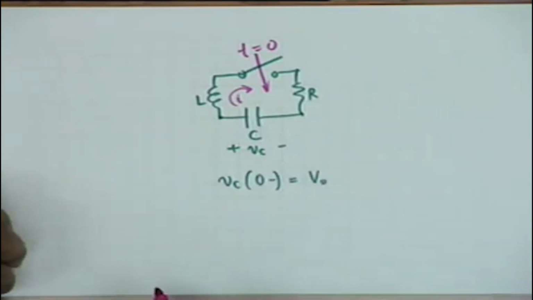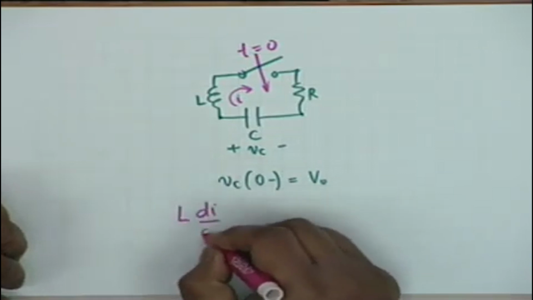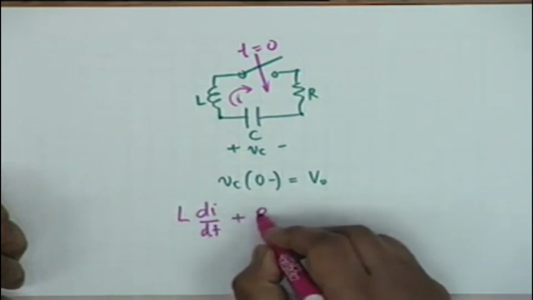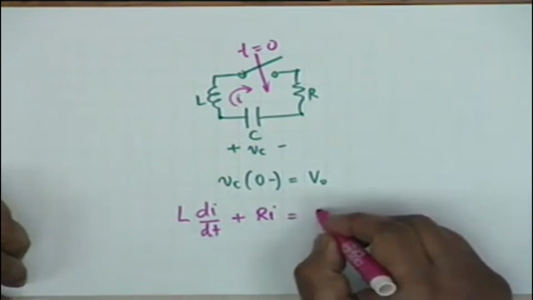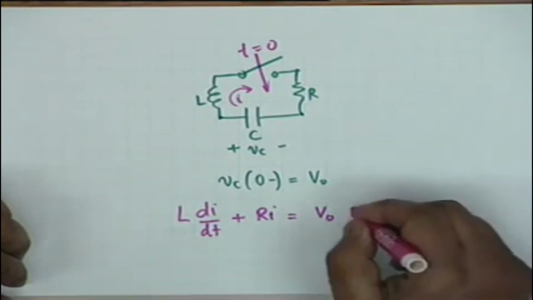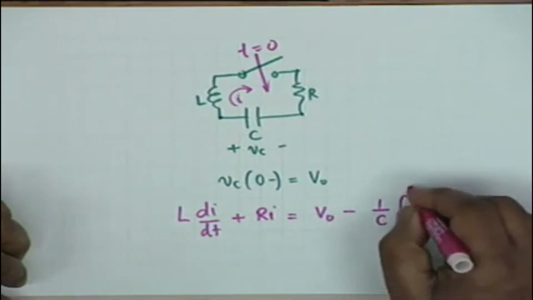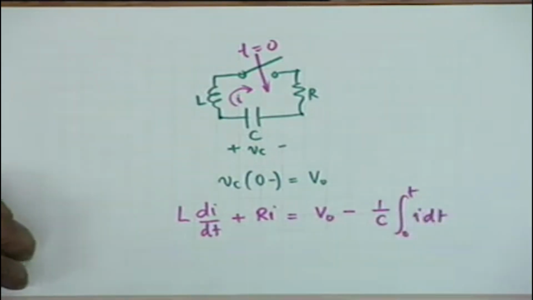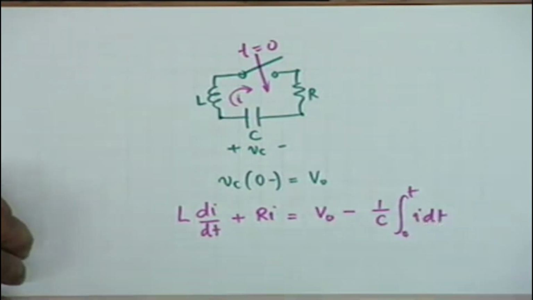Let us look at the equation. What kind of equation does this circuit obey? Obviously, once again it is a simple application of KVL, and you notice that the inductor voltage L di/dt plus Ri should be equal to V_C, but V_C starts with V0, then discharges, that is the current charges it in the opposite direction: 1/C integral 0 to t of i dt. This is the equation that is obeyed by the circuit, and you notice that this is an integro-differential equation